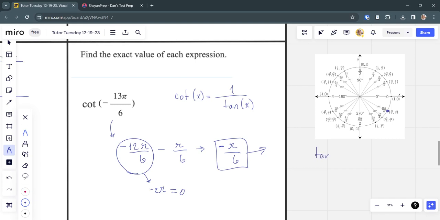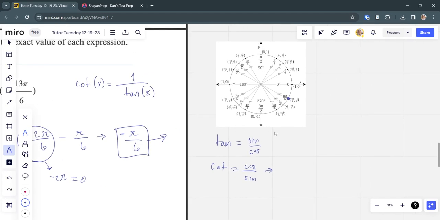Now, tangent is also equal to sine over cosine. That means that cotangent would be equal to cosine over sine. Let's consider that. The cosine of this angle, the same thing as 11 pi over 6, is going to be the x-coordinate, square root of 3 over 2. And the sine is going to be negative 1/2. So when we divide this out,